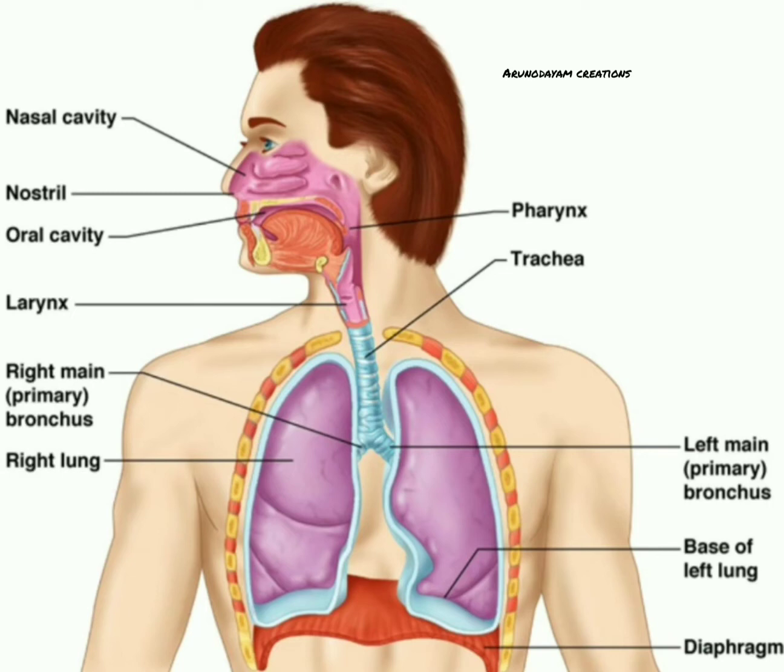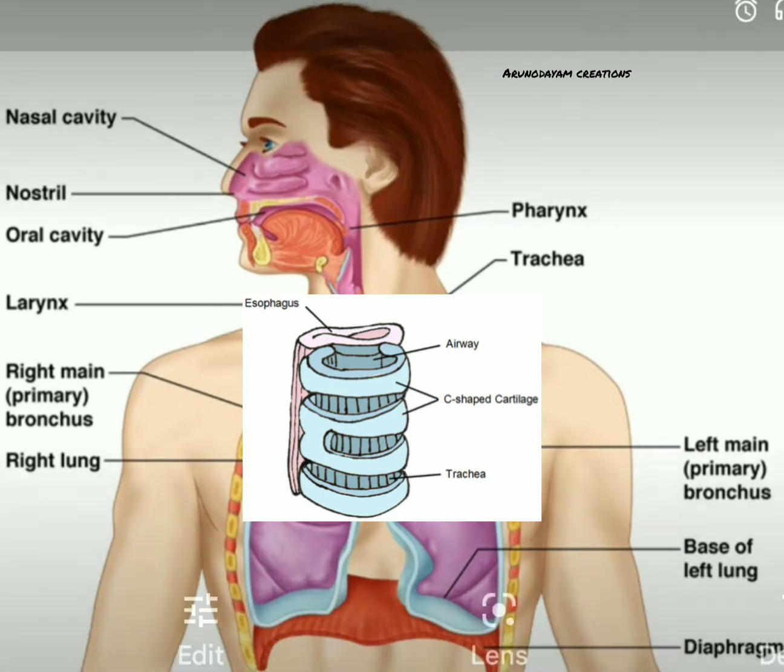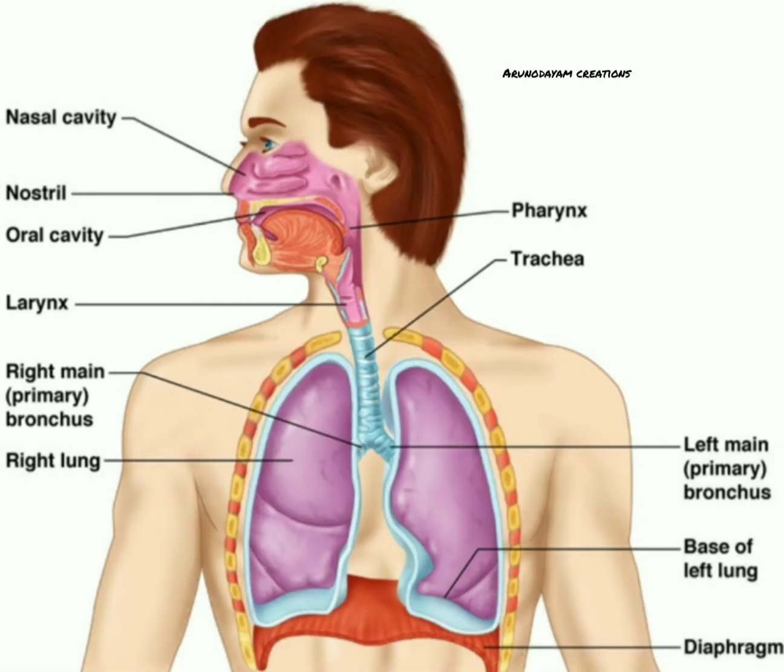This trachea is covered with C-shaped cartilaginous rings which are useful for protecting the trachea from damage. During a cough or during sneezing, air rushes out of our lungs through this trachea. During this process, some damage or rupture might happen to the wall of the trachea. So in order to protect the trachea from damage, these C-shaped cartilaginous rings are present on them. After that, the air enters into these 2 branches of trachea called bronchi, and from these